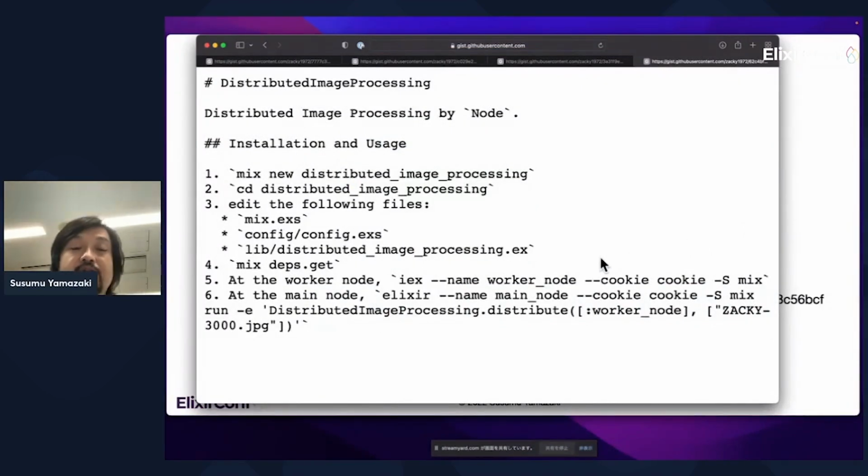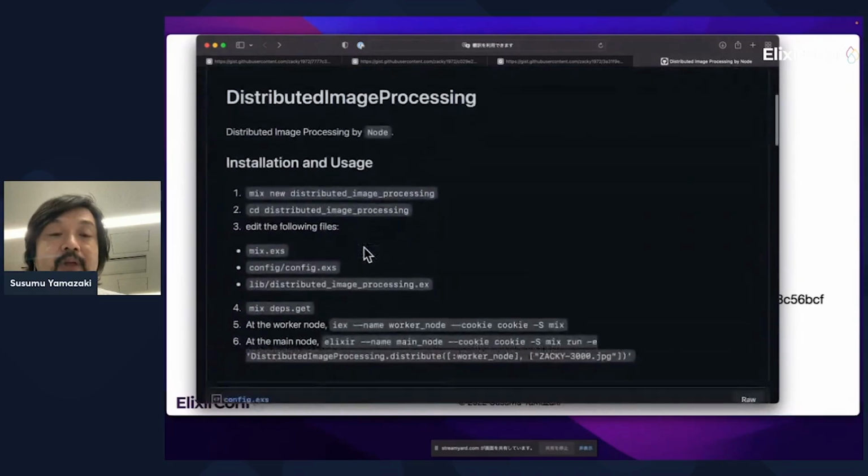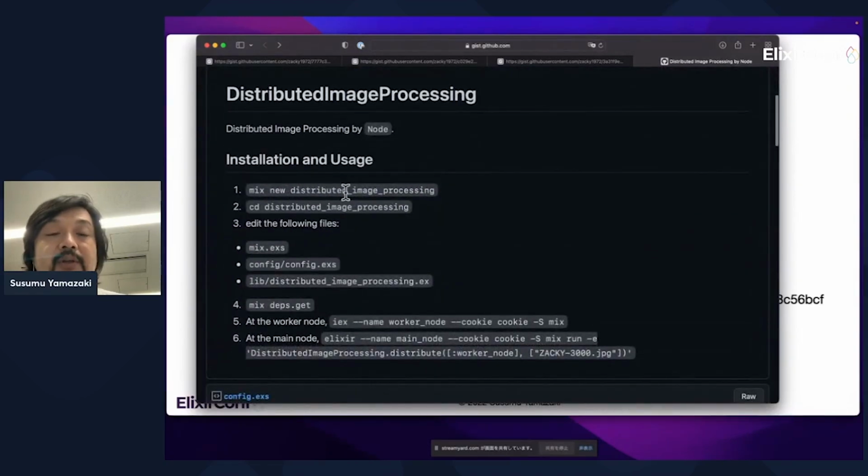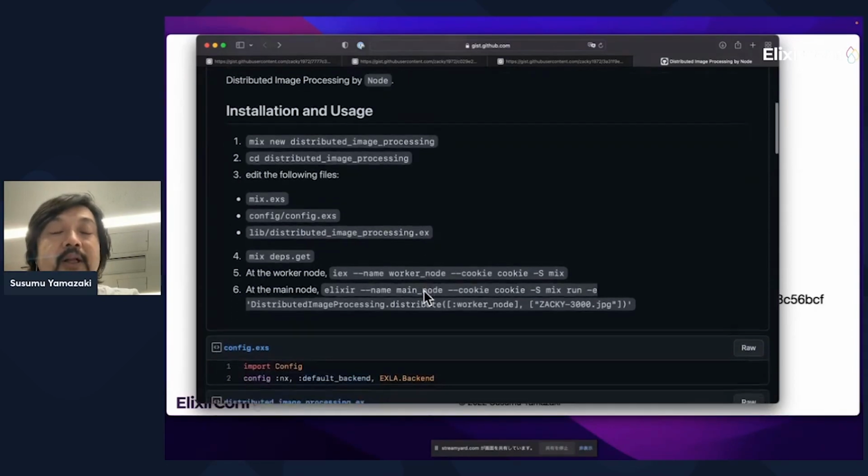Here is an installation and usage instruction. Mix new distributed_image_processing. Change the current directory to distributed_image_processing and edit the mix.exs, config.exs, and distributed_image_processing.ex, and mix